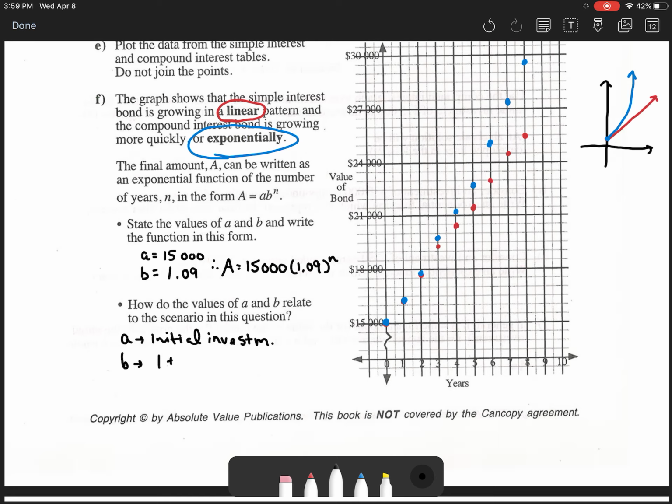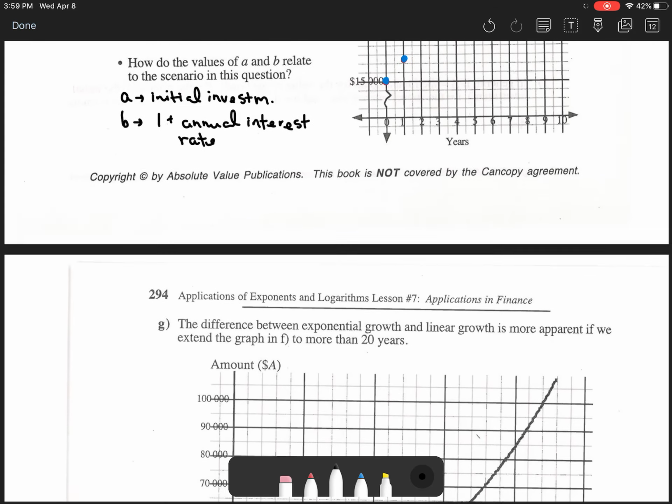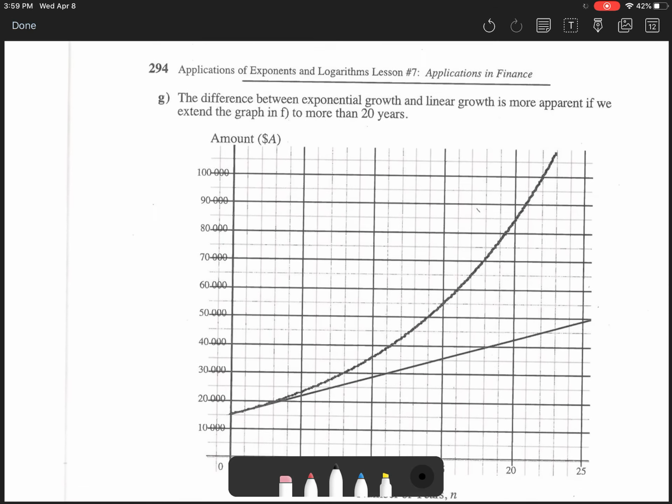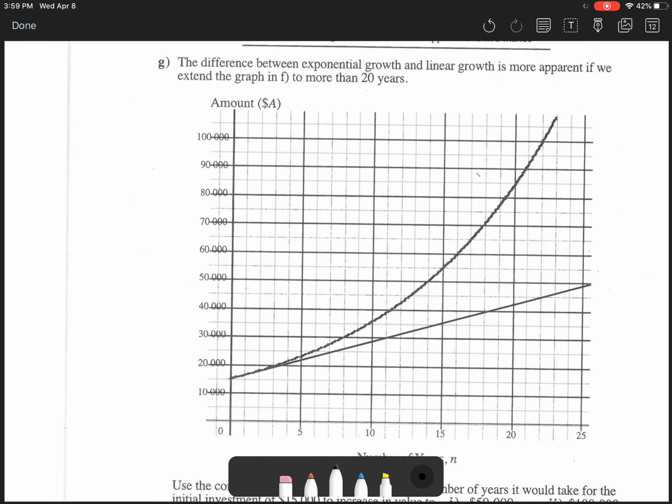And the value of b, b is 1 plus your annual interest rate. Okay, and that's how we get those values, and that's how they relate to the question. Okay, so let's move on and take a look at reading some graphs,